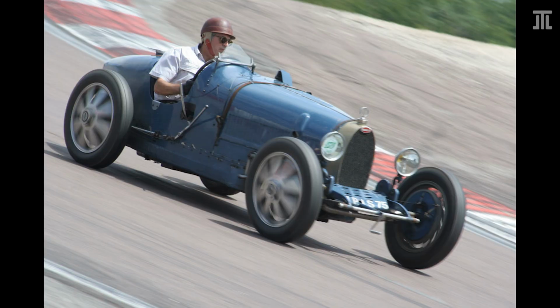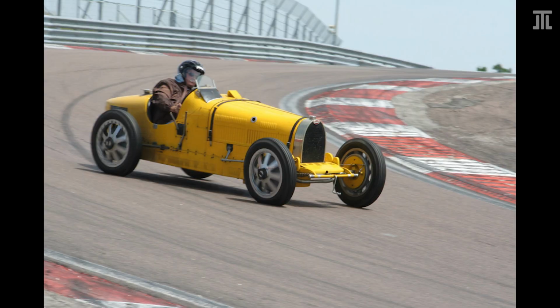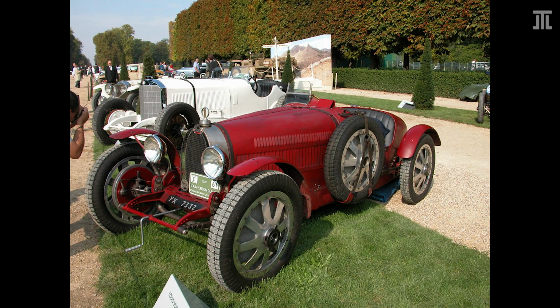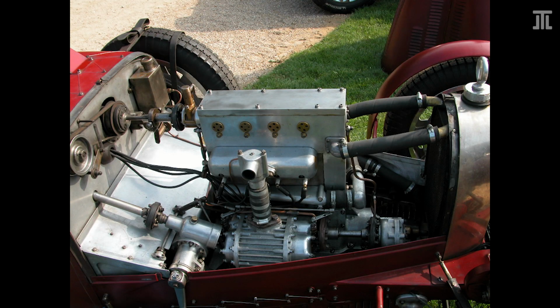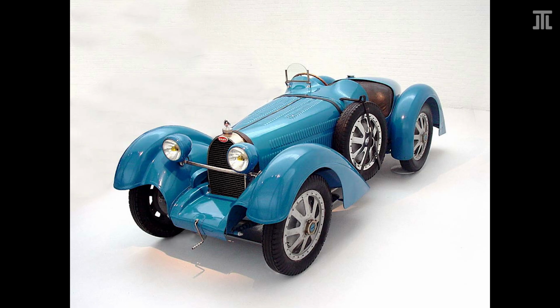The Type 35 is one of the most successful race cars in history, with over 1,000 victories to its name. Its lightweight design, advanced engineering, and characteristic horseshoe grille made it a symbol of Bugatti's engineering excellence. The original Type 35 was powered by a 2-liter, 3-valve, single overhead cam inline-8 engine with 90 horsepower, paired to